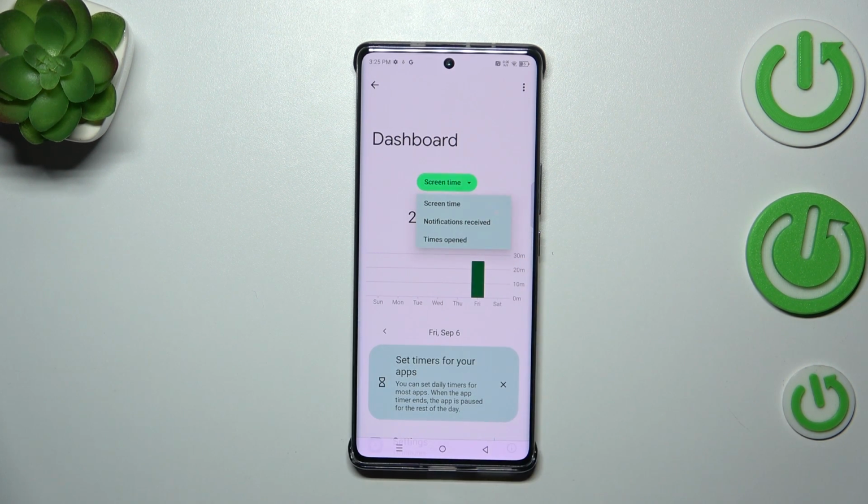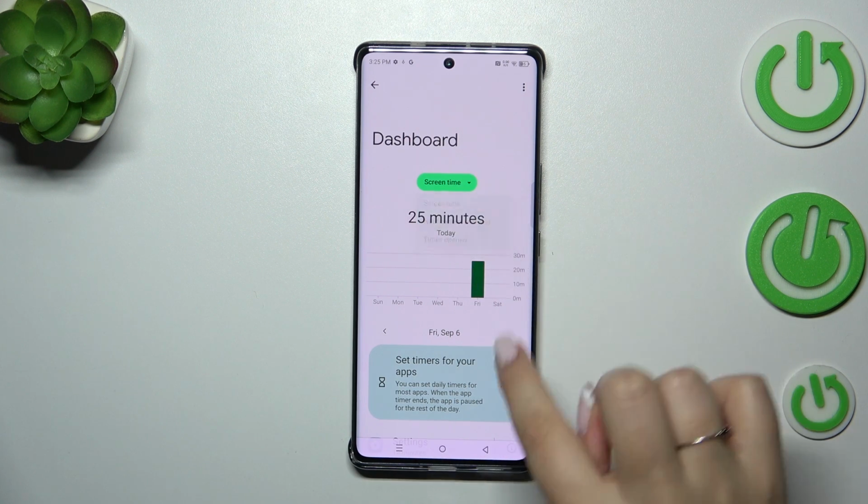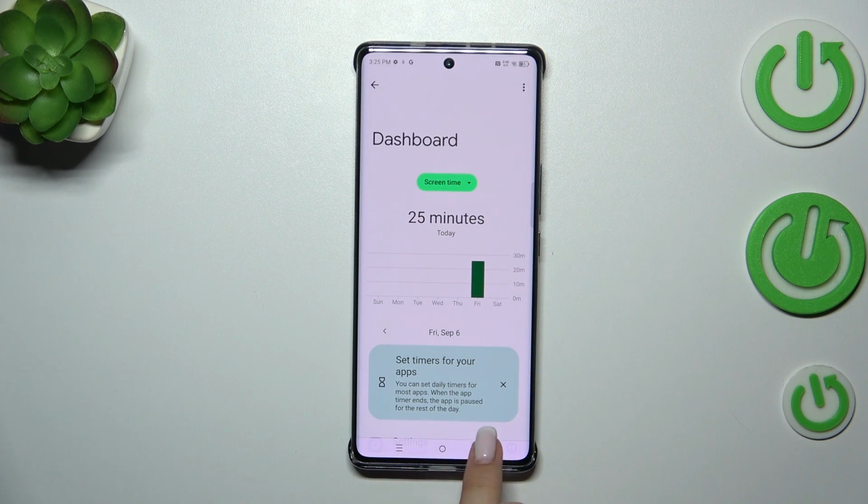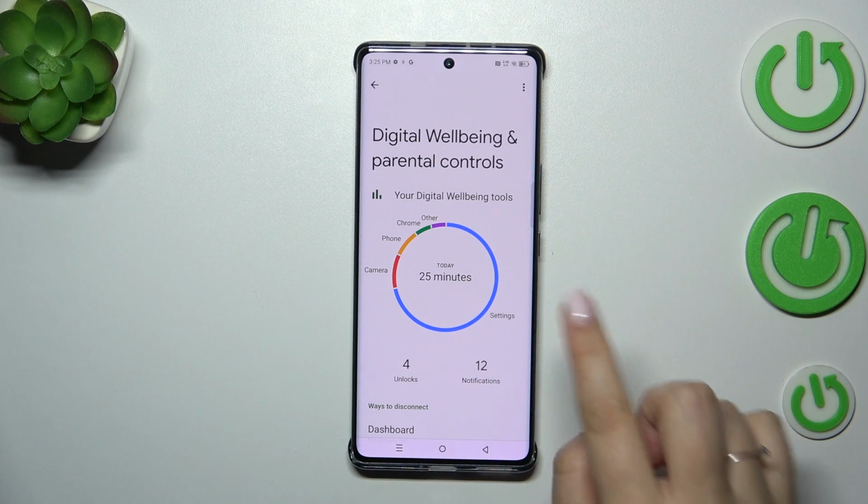You can change the screen time to notifications received and times opened. What is more, under it you've got the list of apps which you've been using and the specific time you've spent on them. And as I said, the second option, you can tap directly on the app,